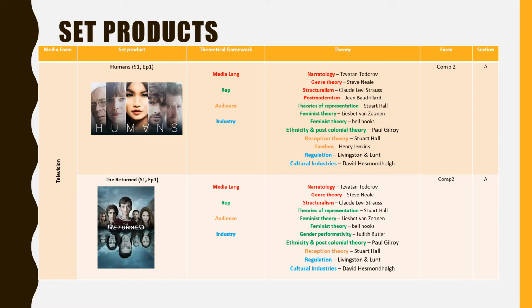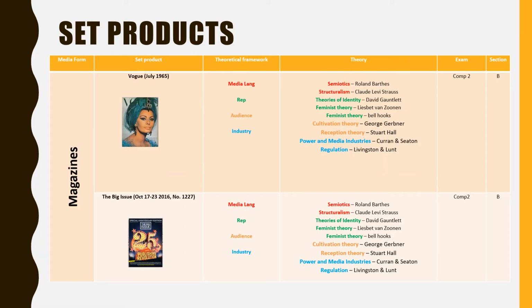So you will definitely enjoy those. Then we have our magazine element. We look at a very particular magazine from 1965, which probably sounds like ancient history to you, but it's really interesting when we look at this copy of Vogue with Sophia Loren, famous film star, on the front. It's not hugely removed from Vogue today. They are trying to be more diverse, but we'll see Vogue in the 60s was trying to keep up with